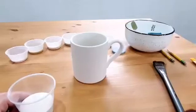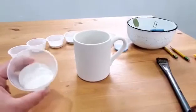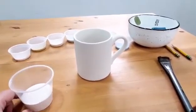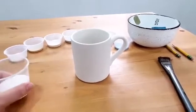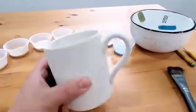For today's project, what we'll be starting with is our base color. Today I'll be using Not Quite White. You may be using a different color, but the process will still be the same. What we'll be doing with this color is painting the inside and outside, which includes the handle